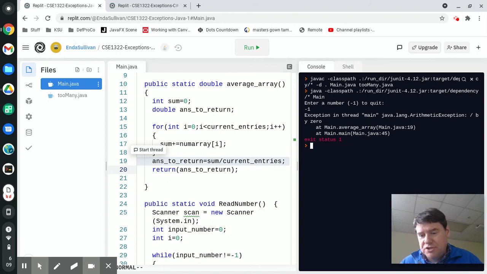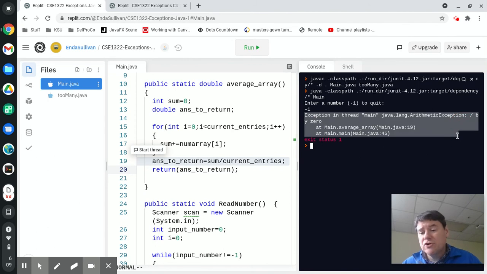No matter what the user does to you, you should try to prevent the program from crashing. The second problem is, this is really, really ugly. Okay, picture your grandma or your grandpa in front of this program and have them enter in stuff. And I pick on grandparents because, well, in general, grandparents